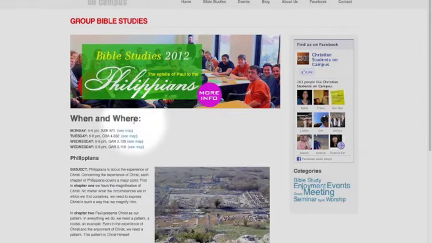So I like this here because this says when and this is where. So right up front, I know what day they're meeting, what time they're meeting, and where they're meeting. So that's pretty helpful because I can get an idea when I start school that I can line this up with my schedule because all of these are in the afternoon. So that's pretty helpful to know, that kind of information.